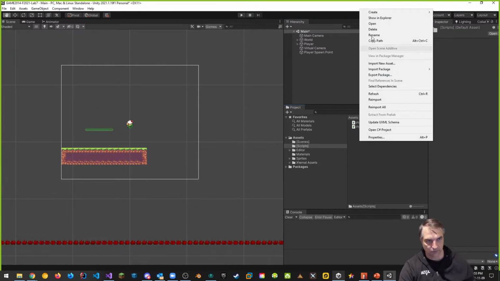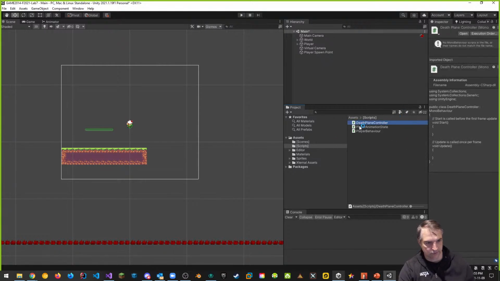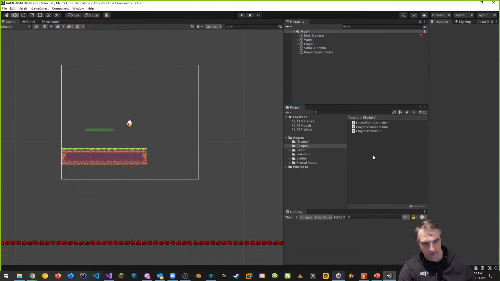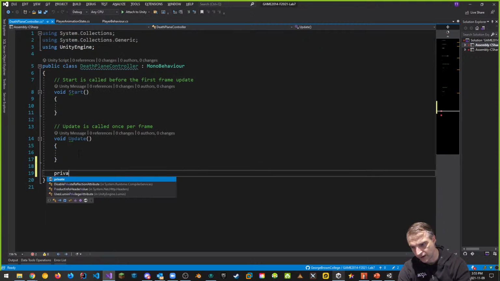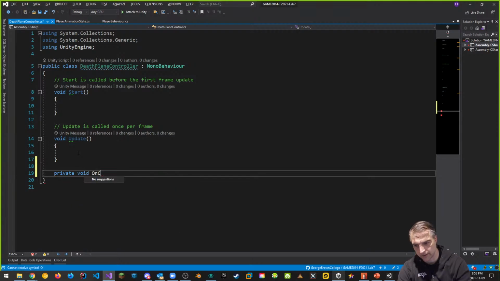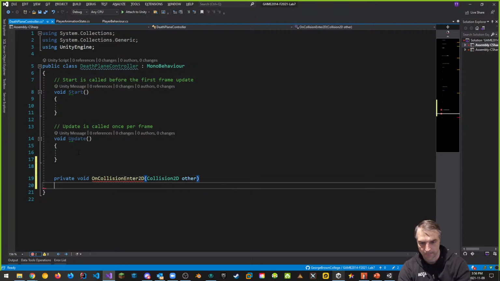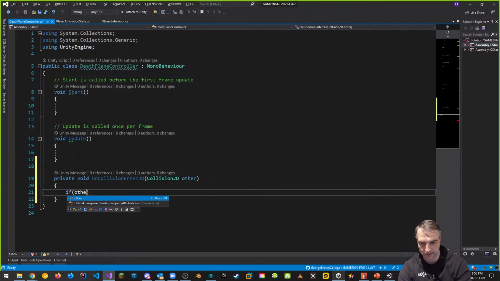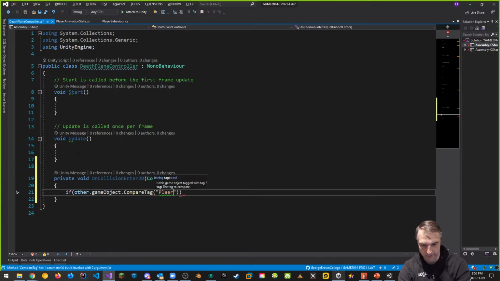We need another script. So we'll have a new C# script. We'll call it DeathPlaneController. There's my death plane controller. Let's wait for it to generate for a second. Give Unity a second. There it is. And double click. Death plane controller. What do I want to do? I want to use a private void OnCollisionEnter2D, right? For Collision2D other. And we're going to say that if other.gameObject.CompareTag is equal to Player,